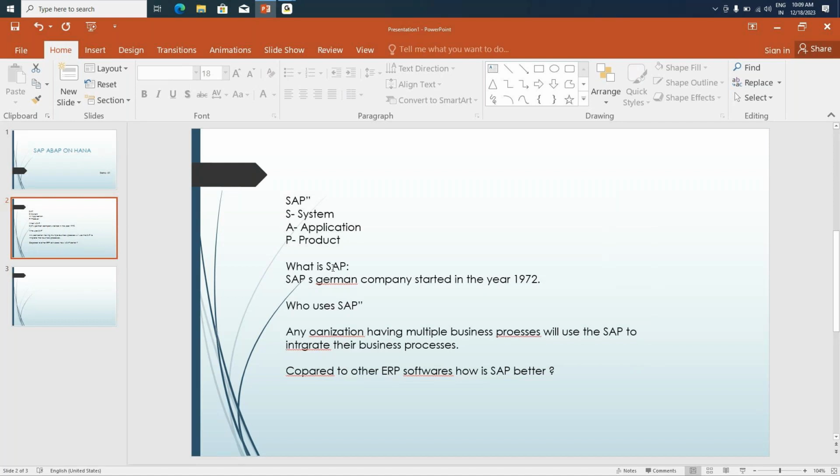ABAP is a technical module wherein we are the people who integrate all these business processes. As an end user, if I want to see how much sales I did this month or in this current financial year, they cannot directly log into SAP, do some coding, and get the report, correct? So for that reason, we as ABAP consultants or technical consultants run the scripts to extract the data from the database and show the results as an output to the user. That is in general the responsibility of an ABAPer.